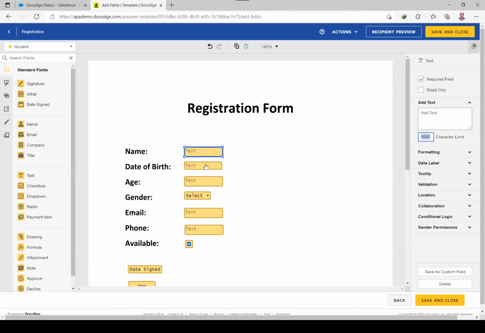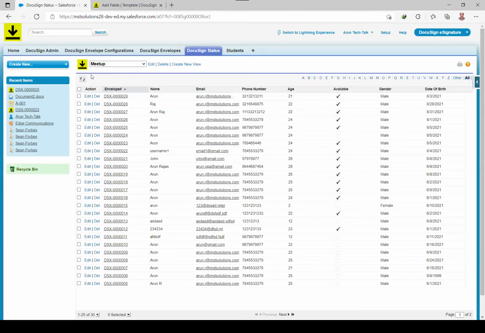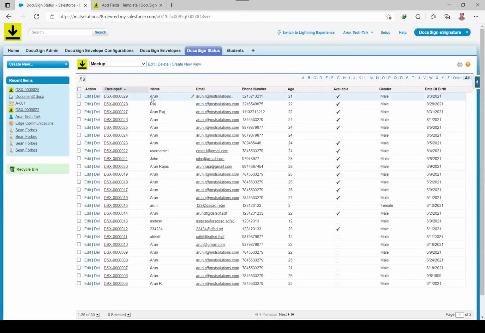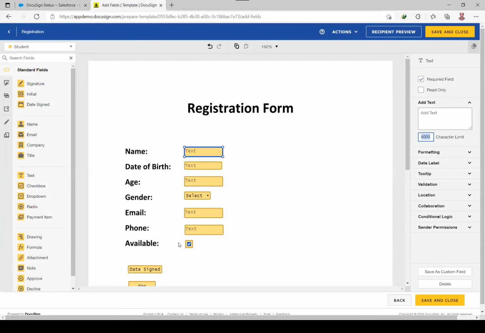at that time the transaction will fail. Because let's take here the character limit is 400. I might be entering more than 10 digits. But in Salesforce, while creating a field, I just provided a character limit of 10. So during the integration, the field value in the DocuSign form will get updated in the Salesforce field. At that time, from the Salesforce point of view, it won't accept more than 10 characters. Because of that reason, the transaction will fail. So while creating our template, we need to be conscious about providing the character limit.